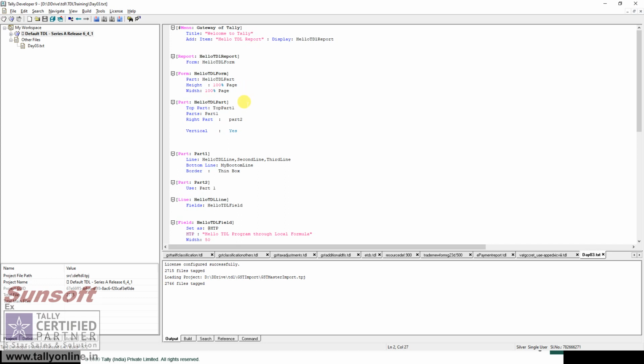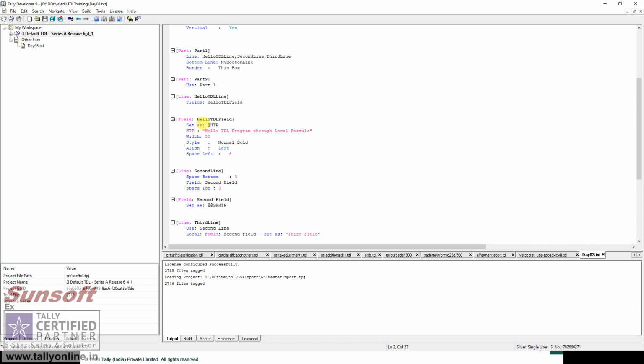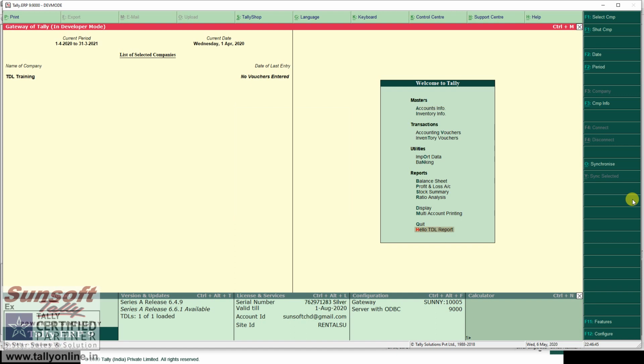Hash is also used to access the field value. Now in the earlier example we saw that with at the rate HTTP, when I used it in the second line here, I was not able to access the value. Now let us try to access this value with a field name. So instead of writing at the rate, I write hash and the name of the field. Let us see whether I am able to access this or not.